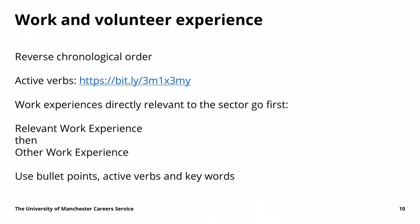Next, we come to possibly the most important section, the work experience and voluntary experience sections. These again will need to be in reverse chronological order, so that your most recent experience is first. And you need to pay attention to how you're writing these. You need to use active language with keywords and preferably bullet points. If you remember what I said in the previous section of this playlist, you're dealing with someone who is time poor, so you have to make sure that this is something that's easy to digest and it gets across the